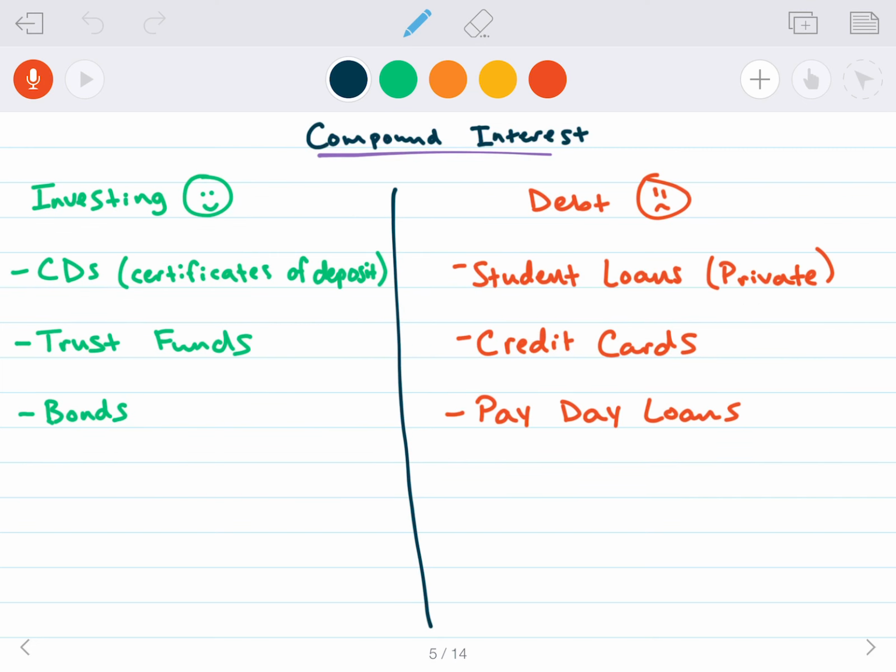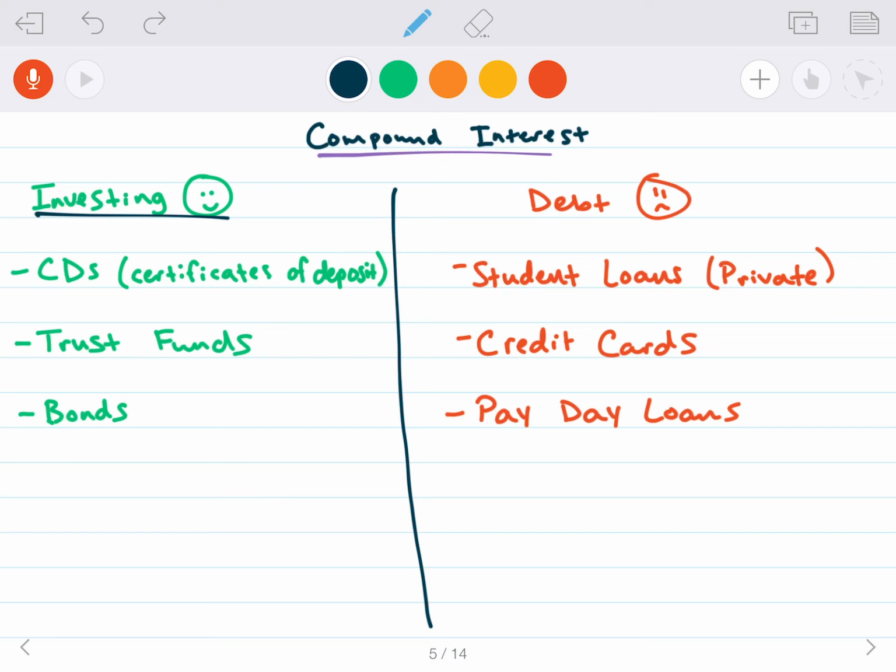So again, little side notes. I just want to give you guys some context about this, just in case you don't know about it. But compound interest is excellent for investing. That's the type of interest you want if you're trying to grow your money. One way to invest is certificates of deposit. I'm not sure what the interest rates are on those right now, but your money will grow based on compound interest. Also, trust funds and bonds are other investments that